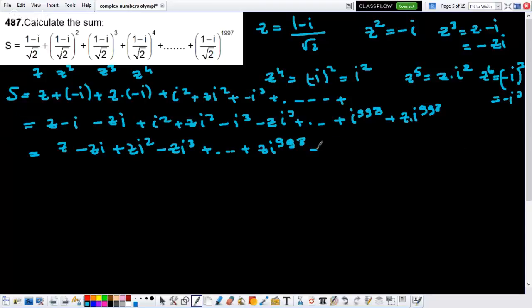Then here, plus, we are going to continue with the other terms: minus i plus i square,